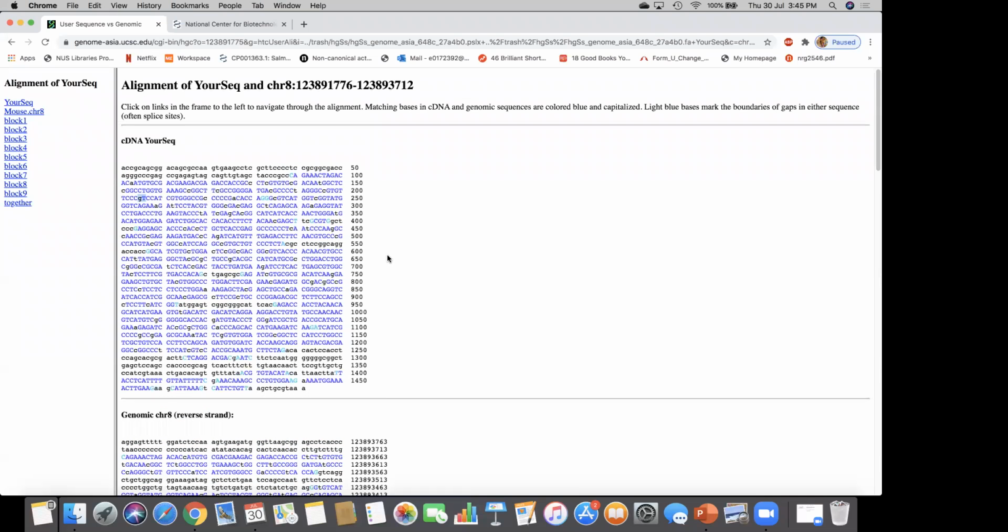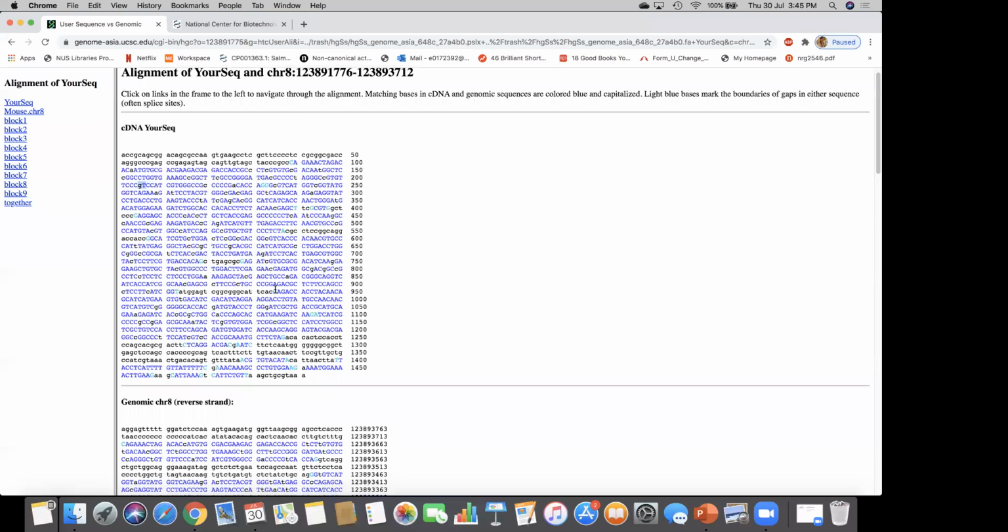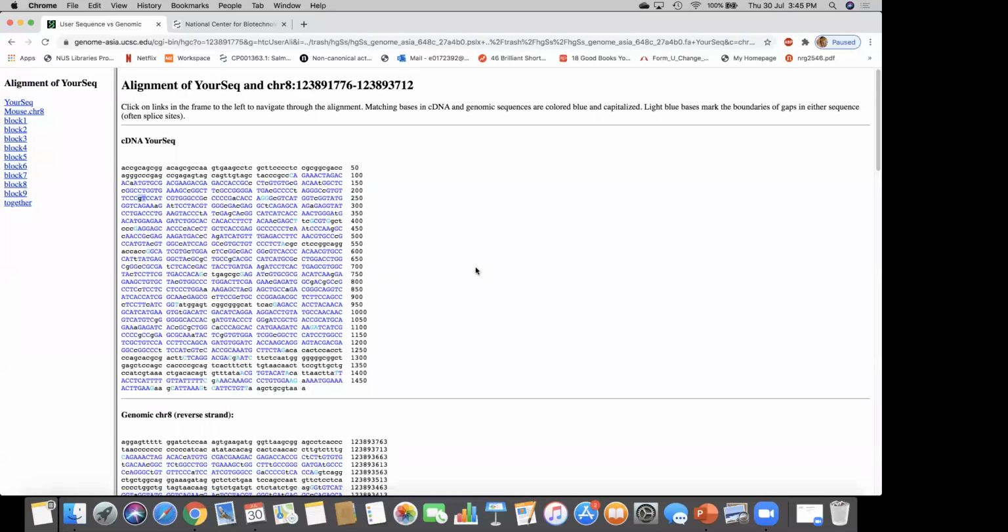They are not matching with the human genome. There are sequence differences between human and mouse. But when you check at the amino acid level, they are highly conserved. They are 100% similar.